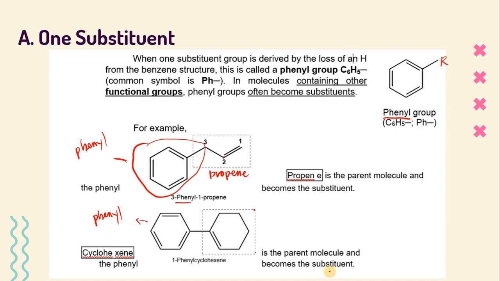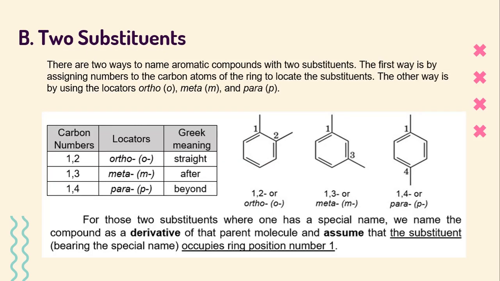So, it's a parent molecule, and this phenyl is the parent molecule, and then the other one, the cyclohexene, is your parent molecule, and the phenyl becomes your substituent. And there are those times when it can be a substituent. Next, two substituents. So just like in the song, we have